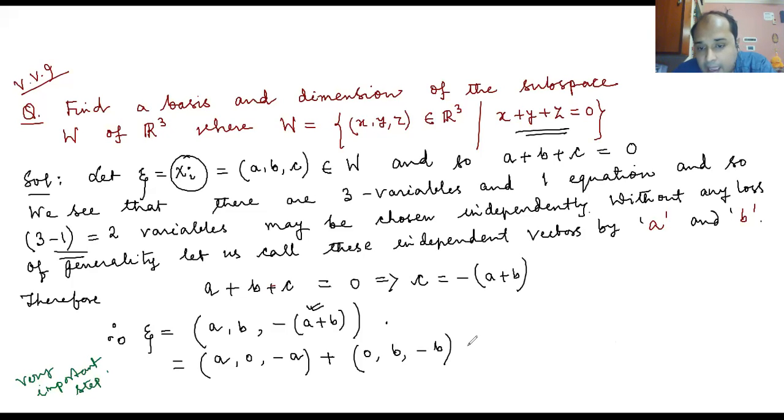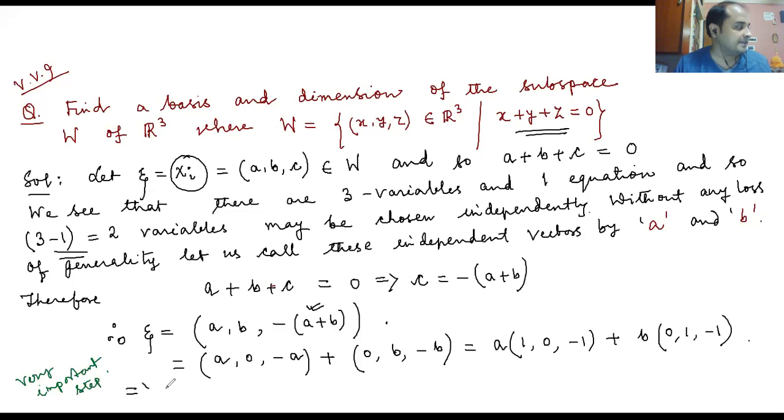If I take A common, I can write it as (1, 0, minus 1), and if I take B common, we can write it as (0, 1, minus 1). So what we have come to see is that the vector xi is expressed as a linear combination